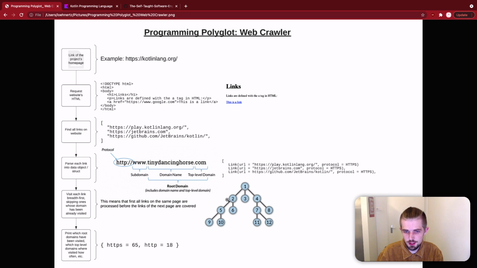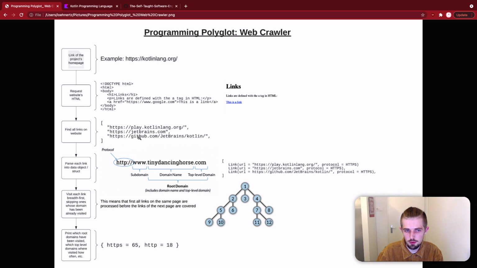That can be traversed in different ways. So of course the one thing you could do is follow a link and then follow all its links. So you go depth first, but what we're going to do, because it's a bit more interesting and usually leads to more interesting other websites, is breadth first, such that we first check out all of the links on kotlinlang.org. So 2, 3, 4, in the example here,